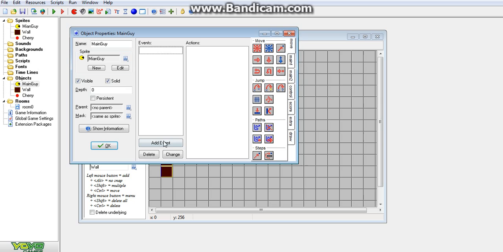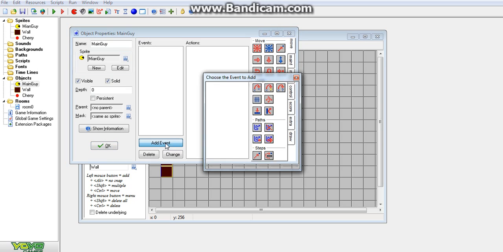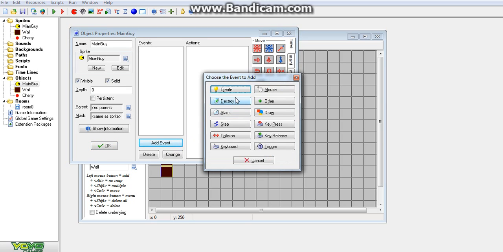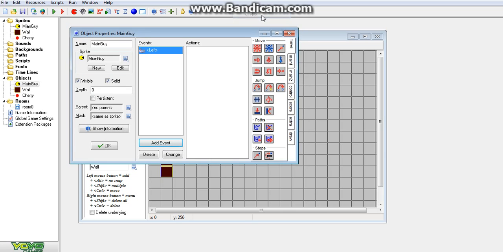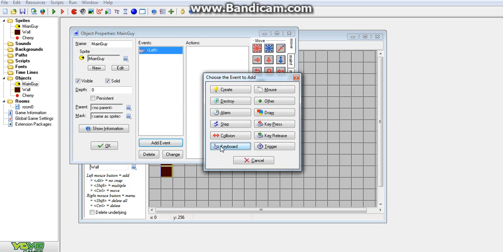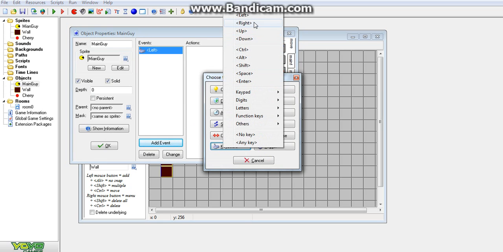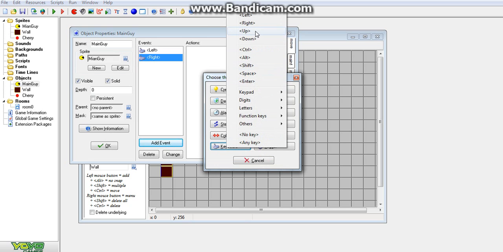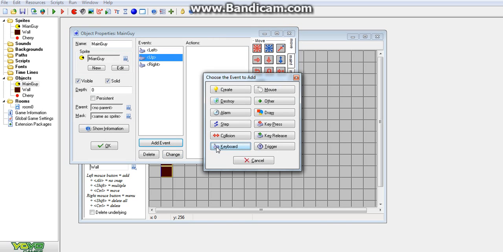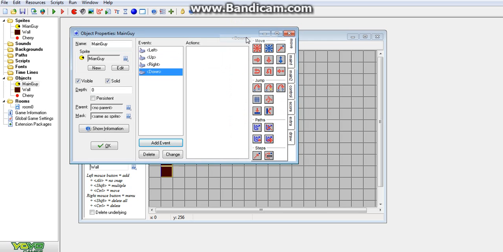So to do that, we go add event, keyboard, and then left, add event, keyboard, right, add event, keyboard, up, and add event, keyboard, down. So this is saying when left is pressed, it'll do whatever action we